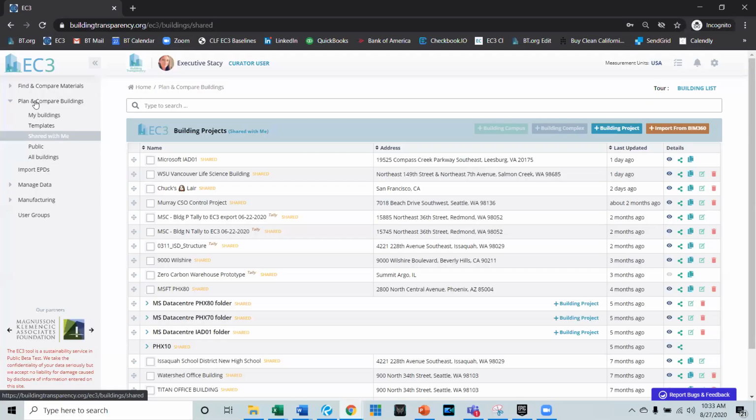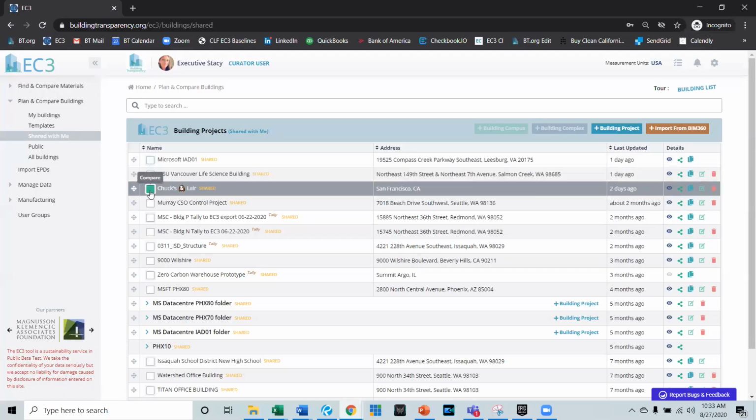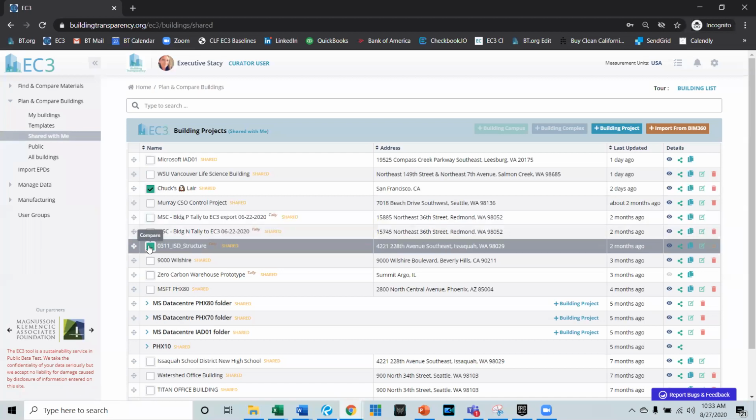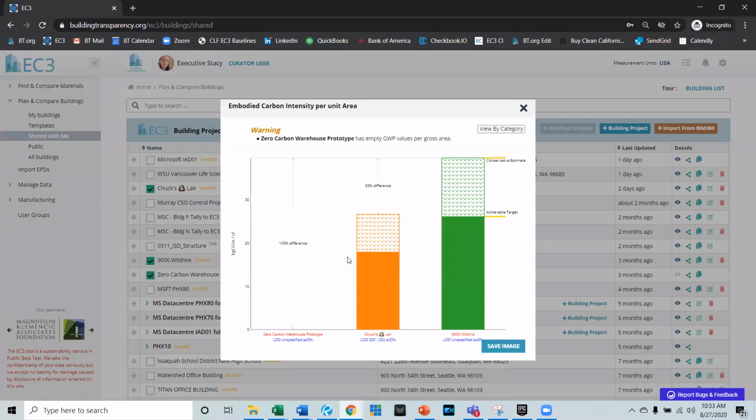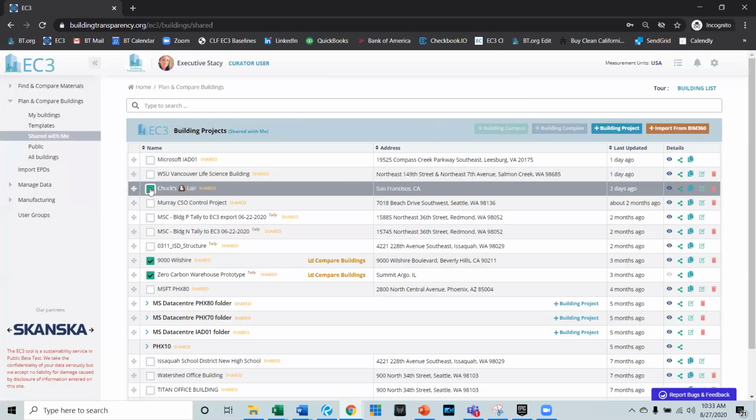Now, a set of projects in the tool. I don't know what I'm going to click here. I don't even know if these will really be comparable in terms of scale, but you're able to compare projects and see how they compare next to each other from a carbon perspective, either per material category or from just overall conservative to achievable potentials. And you can actually start to create